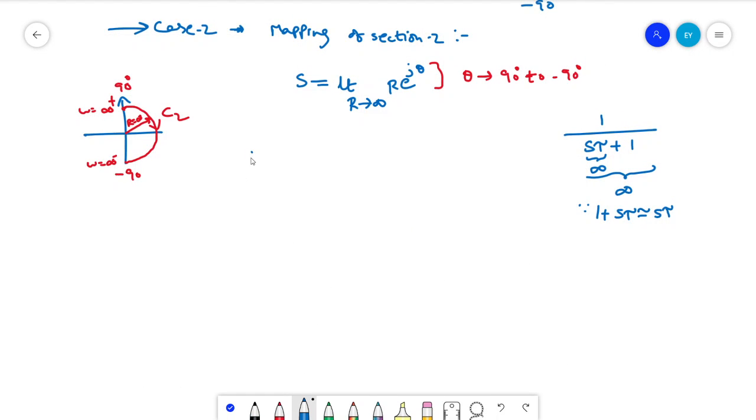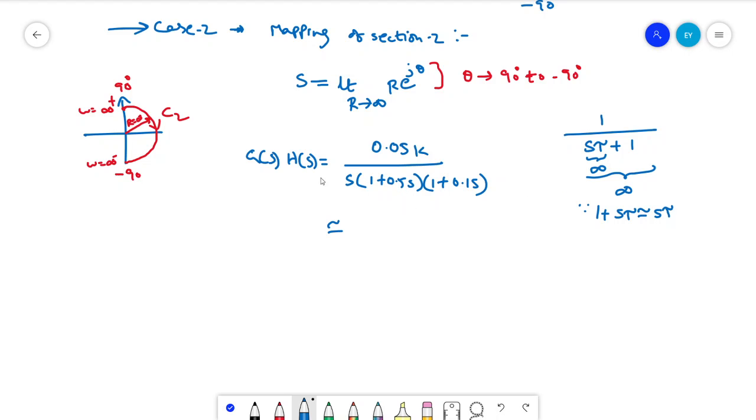So, or I'll write it for equation 2 itself before converting s into j omega. G of s into h of s. For simplicity, even if you do it for j omega, it's one and the same. So for simplicity, I am writing in terms of s itself. K divided by s into 1 plus 0.5 s into 1 plus 0.1 s. So this is the expression, and it will be approximated